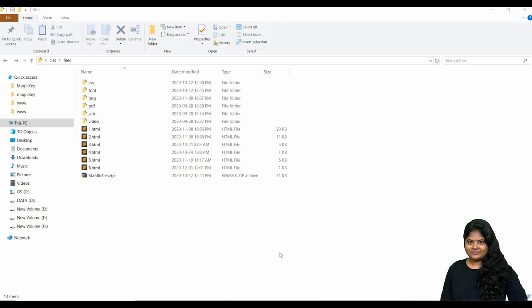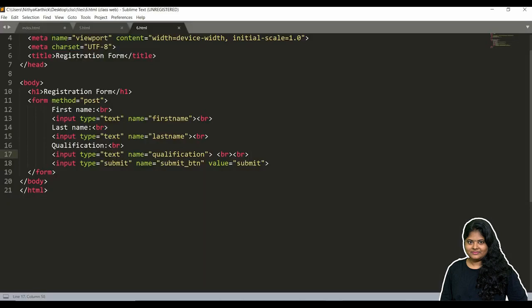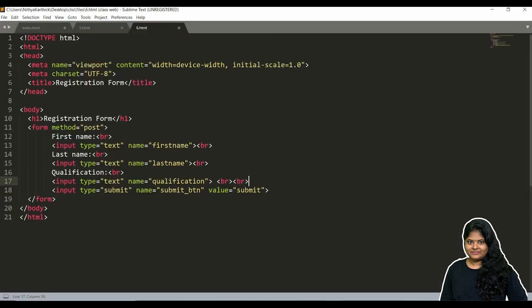In this session we're going to do forms. So here I just created a new file called 6.html. In this page I have designed a small form with 3 input boxes and 1 submit button.